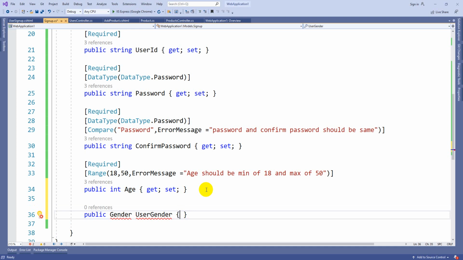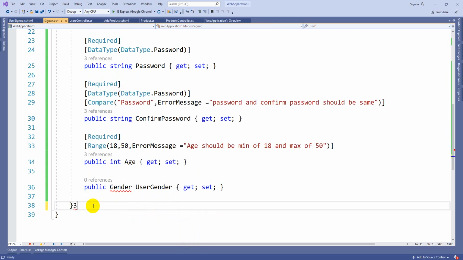Here I am also going to show you one new option I forgot in the previous properties. So first let's create a public enum. The enum should be after the class or before the class, it should not be inside that one. So enum